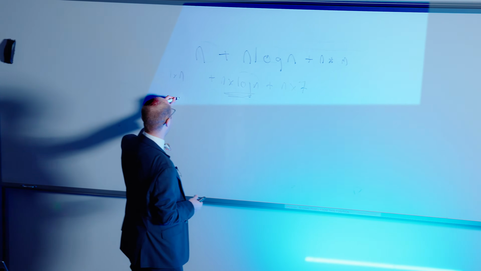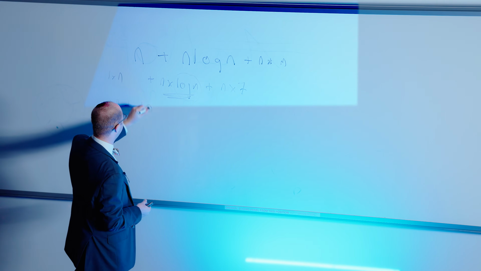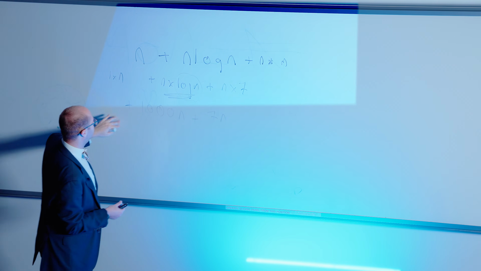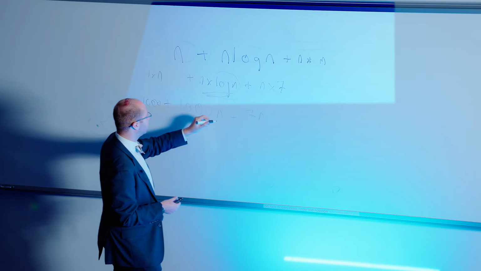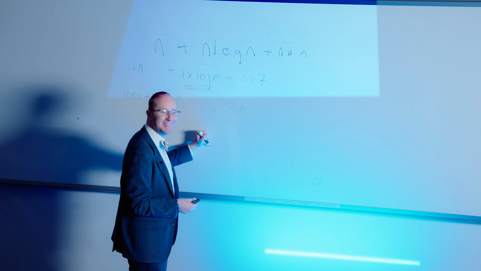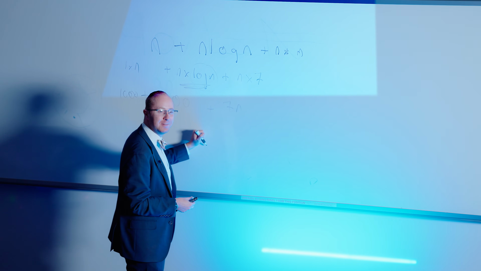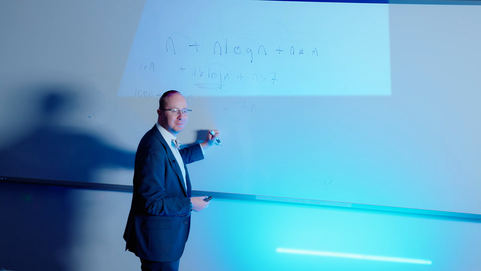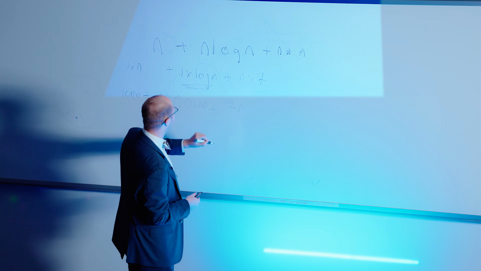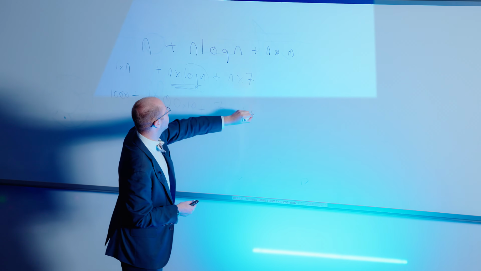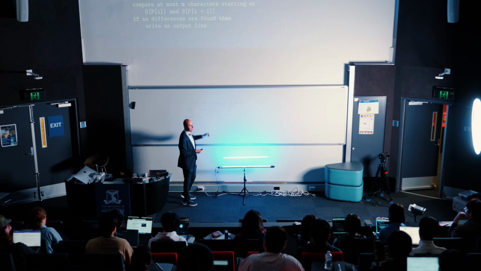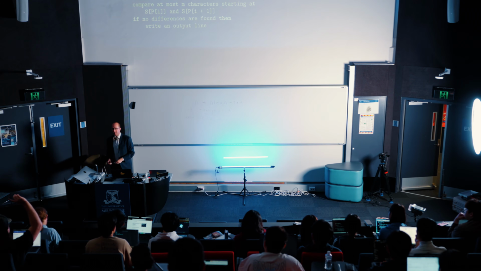So you could get something like n plus, I don't know, 1,000 n plus 1,000 times log of 1,000, which I don't know what that is. What's log of 1,000? I think it's around 10? Yeah, I think that's about right. So that would be 10,000, and that would be 7,000. So you can see here, as soon as n starts getting large, this middle term is going to dominate. So essentially, what we've got is an n log n algorithm.